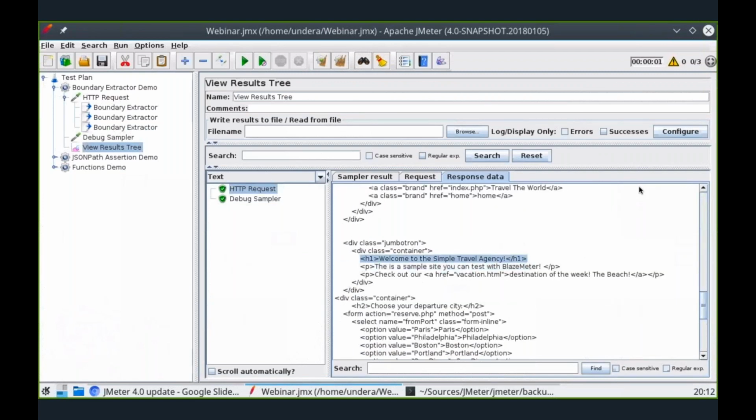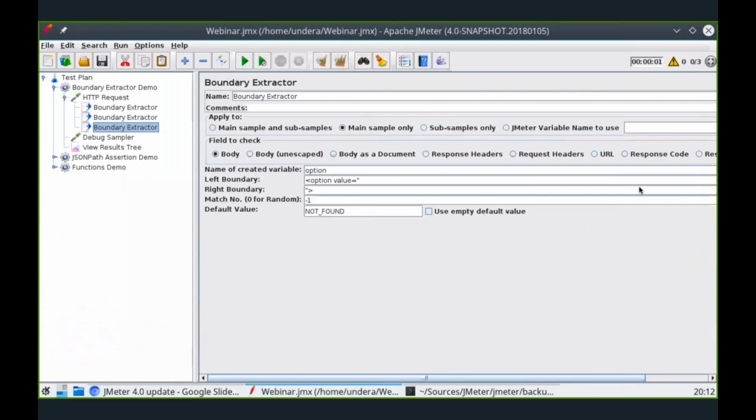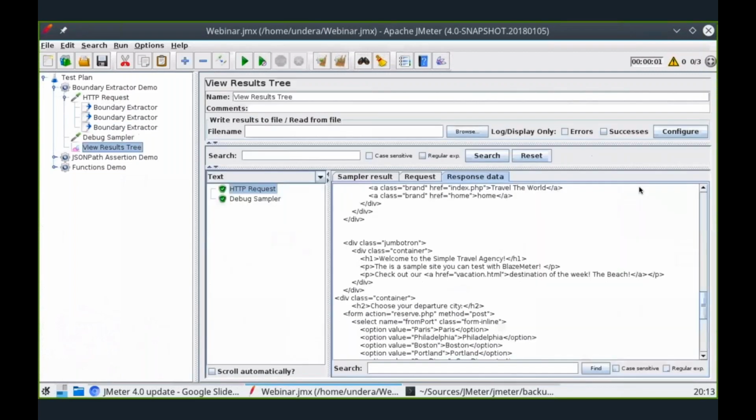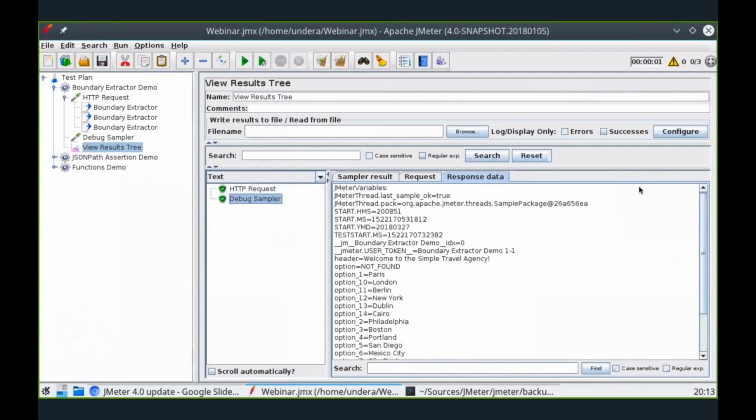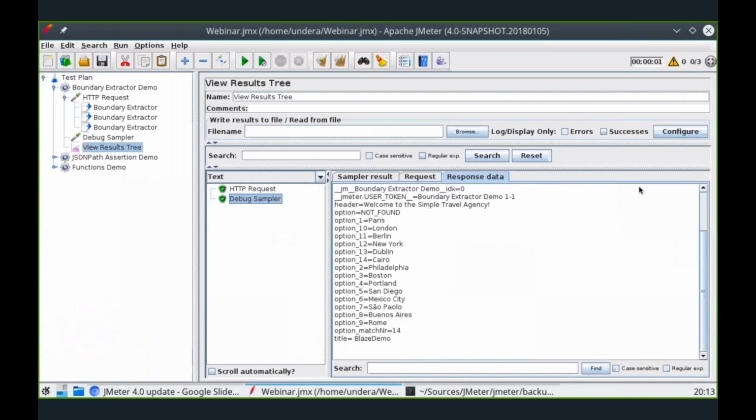And third extractor in my demonstration is multiple options extractor. So I'm taking option variable, and I'm taking any situation when my option starts like this and closes like this. Let's go and see why. I'm extracting values like this. All of these options will be extracted into numbered variables. This is used in conjunction with for each logic controller, or where you just want, for example, to calculate how many of those were present in your